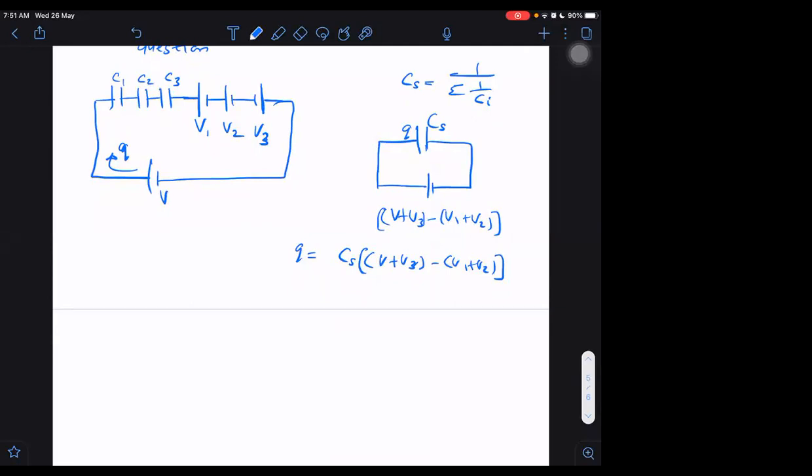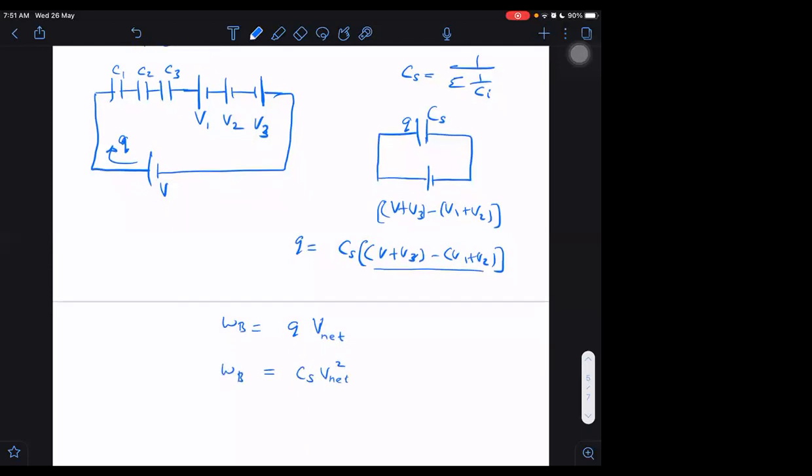Not only that, if I ask you what is the heat energy, I can apply the work energy theorem on this circuit only, and that will also give us the right result. What will be the heat energy supplied? We know in such cases, when there is an uncharged capacitor, the work done by the battery is equal to Q into V effective. V effective is nothing but the whole V1 plus V2, which I am writing as V net. Then we can write it as C series into V net square, that is the work done by the battery.